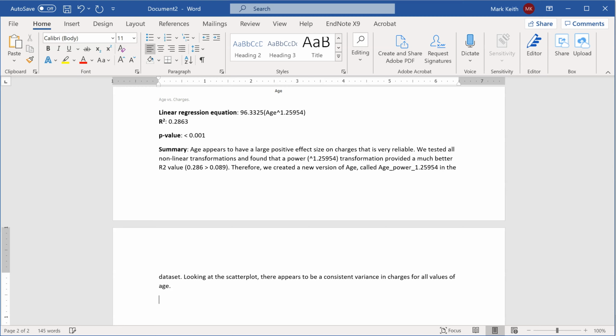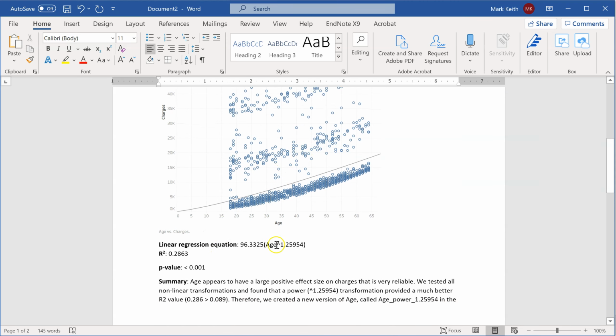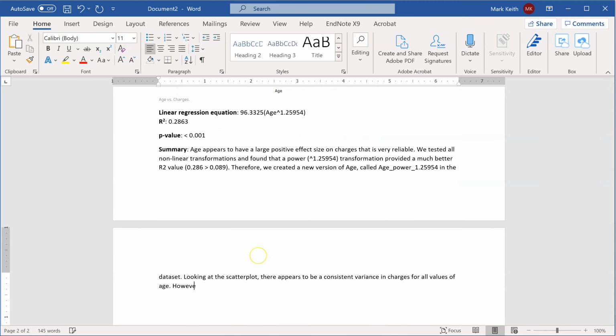However, and this is an important however, I've tested for all my assumptions, but clearly we have an issue here. So I'm going to put in a big however, and this is an important one. I'm going to bold it, highlight it, make sure that people who read my report see this. However, the scatter plot clearly reveals that